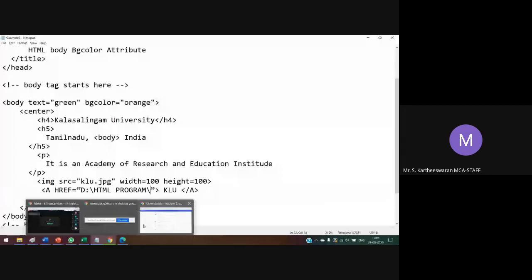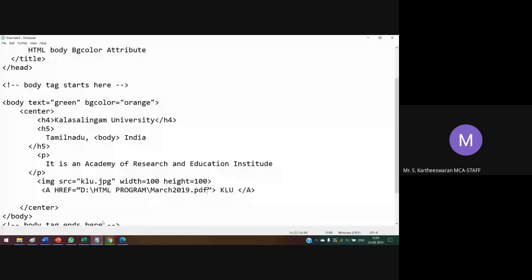Still downloading. When you press the label, it will open the PDF, March 2019. So we have to download this file.